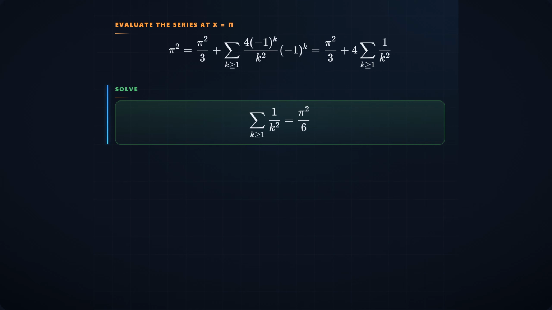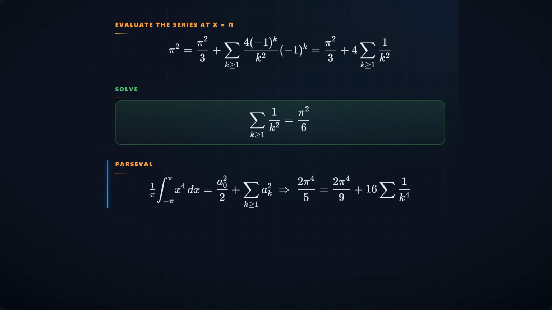Solve for the sum. Pi squared minus pi squared over 3 is 2/3 pi squared, divided by 4. The sum of 1 over k squared is pi squared over 6. That's the Basel problem, dropping straight out of a Fourier series. For the fourth powers, use Parseval, the function space Pythagoras. The average of f squared equals the sum of the squared coefficients. The left side, 1 over pi times the integral of x to the fourth, is 2 pi to the fourth